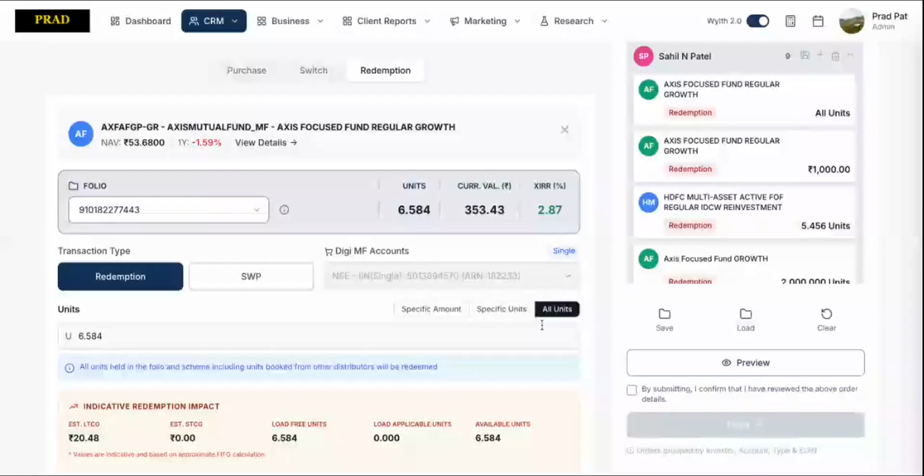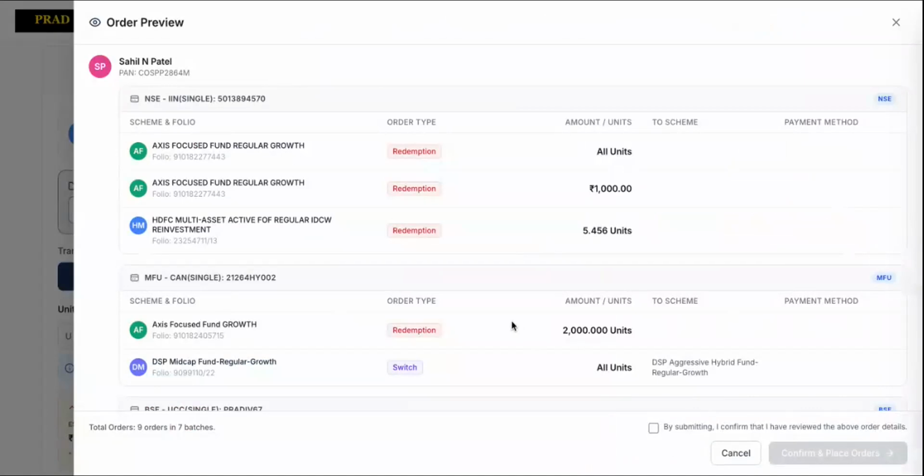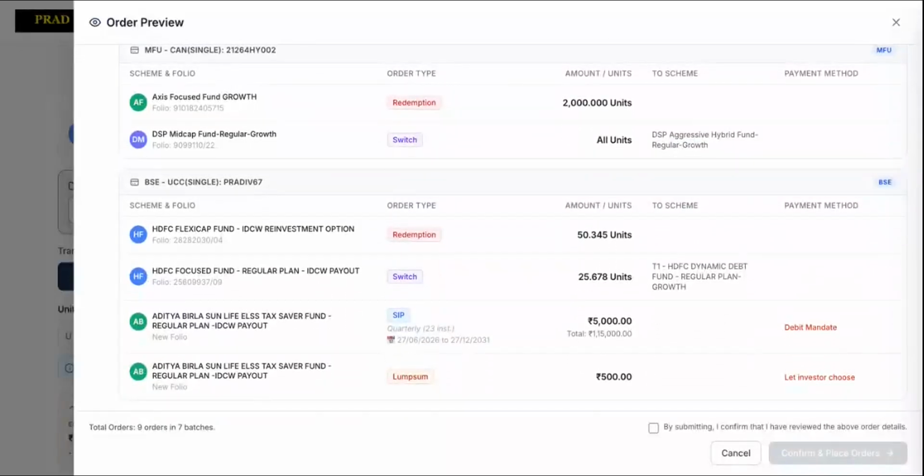Once I'm satisfied with the transactions in my cart, I can click Preview. This opens a consolidated review screen showing every transaction currently in the cart along with the client, account, scheme, transaction type, amount, and payment method. Rather than reviewing each order individually, I can validate everything in one place before the submission, reducing the chances of operational errors.